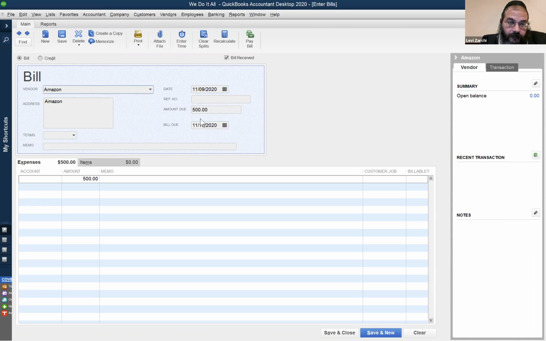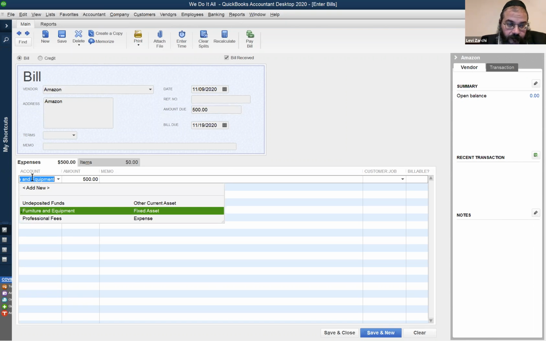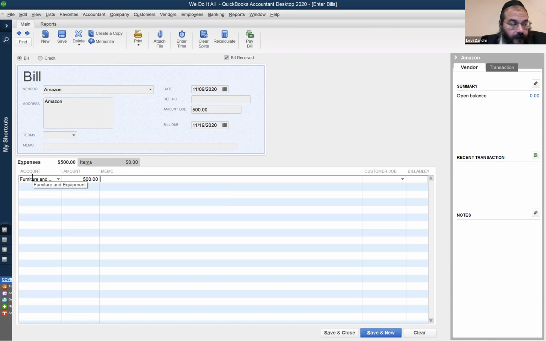The vendor is the name. The amount is the 500. The account is furniture and equipment. So we put furniture and equipment. And the memo is the computer. We're writing what it's for. Right? We're not going to have,